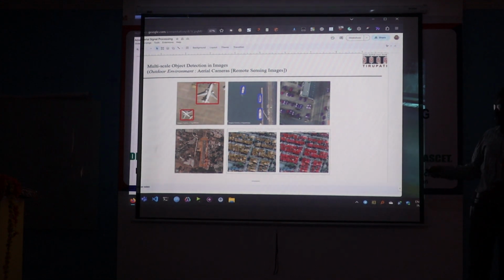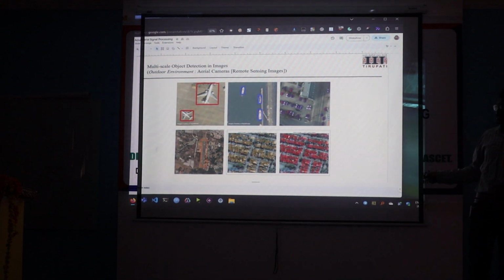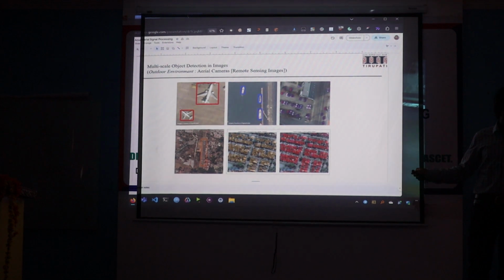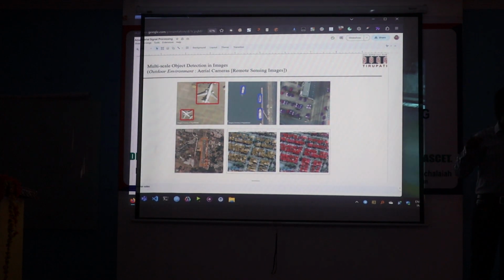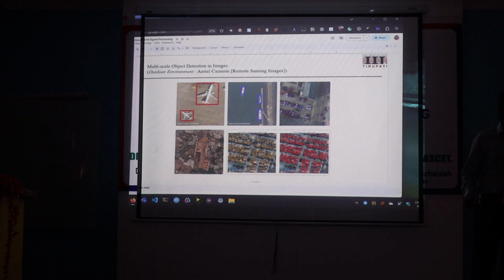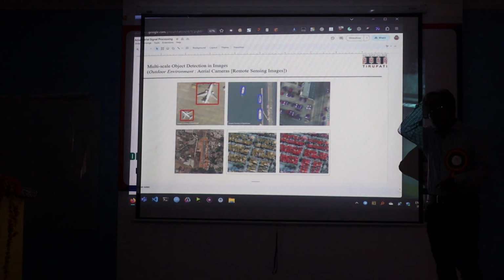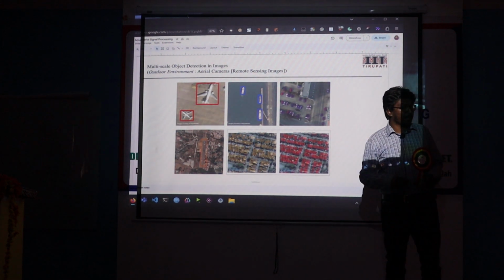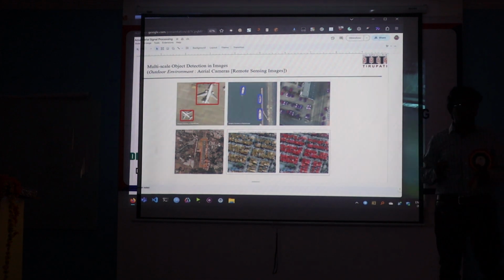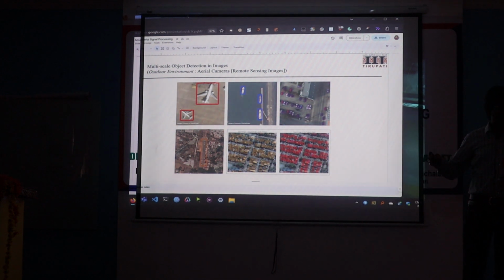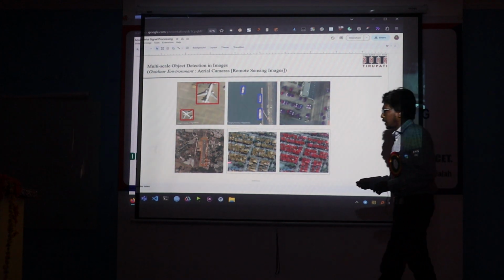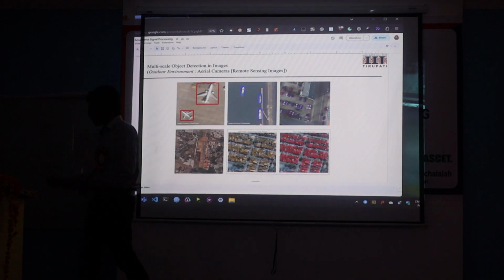So the matrix needed to store a truck is bigger than the matrix needed to store a cycle, or a person, or a dog. If you choose the same kernel, it will not work the same way for other sizes. This is generally called scale. When people say multi-scale, it means you are working in multiple scales at the same time. And there are multiple issues when you are trying to solve this.